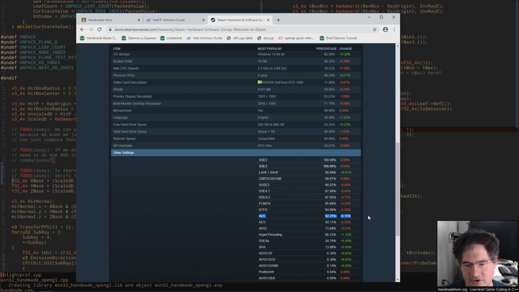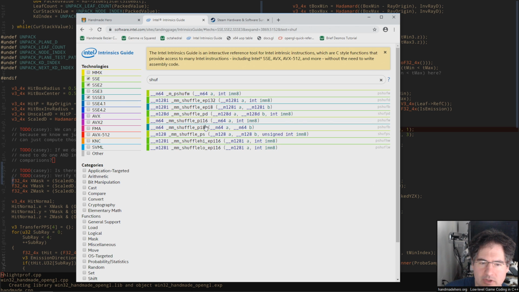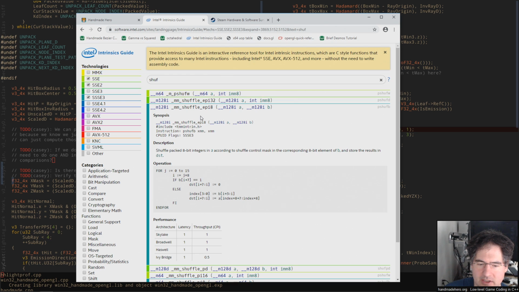And furthermore, you look down here and you're like, wow, we could even go up to AVX if we really wanted to, and we probably wouldn't knock out very many machines by doing that. So AVX2, kind of a stretch at this point. So going 8 wide, not necessarily a thing, or using some of that. SSE4A looks like not so good. But in terms of this stuff, we could totally do that, right? So if we wanted to do a shuffle using EPI 8 shuffle, which is a PShuffB instruction, right? Yeah. If you want to use the PShuffB instruction, then we probably could actually do something here, because